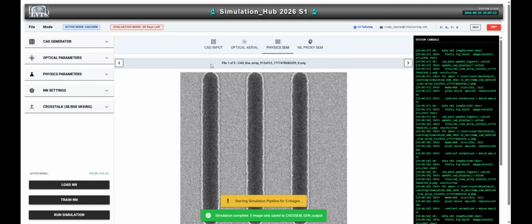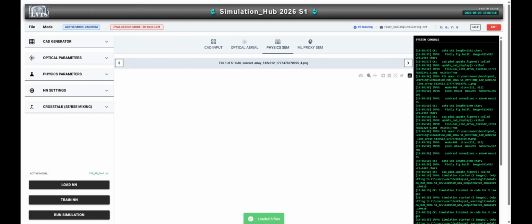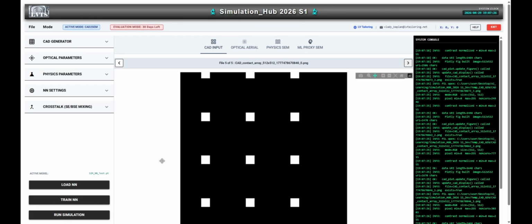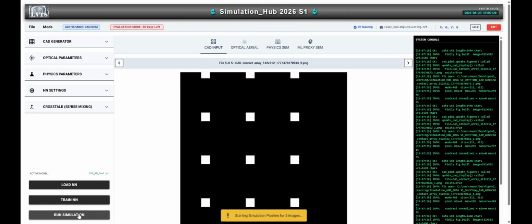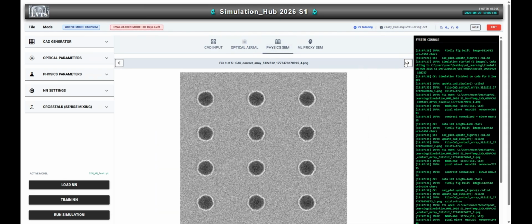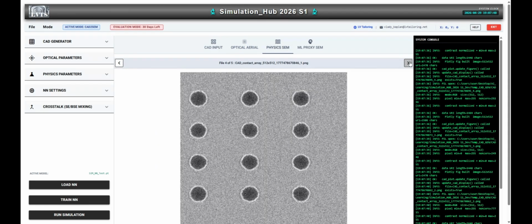The center canvas leverages an interactive, zoomable, and pan-friendly workspace, replacing static, frustrating image viewers. This central visualizer effortlessly handles high-resolution outputs, allowing you to seamlessly tab between the original CAD, the optical aerial image, and the final physics SEM. If an ML proxy model is loaded, its ultra-fast inference results are plotted right alongside the rigorous physics, enabling direct,